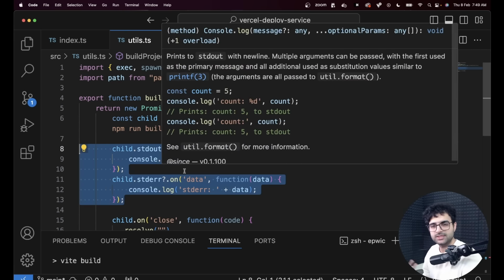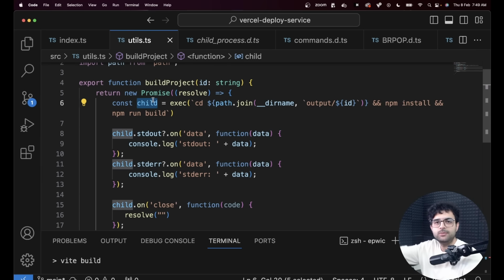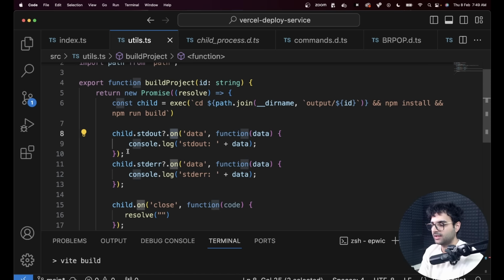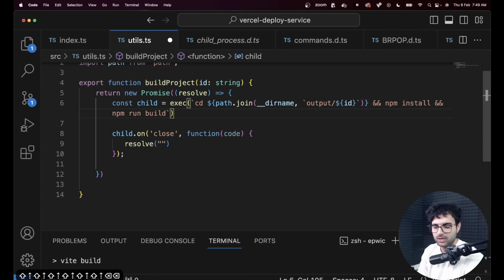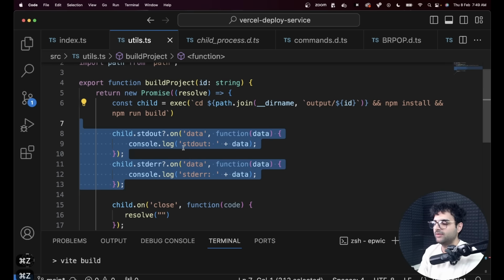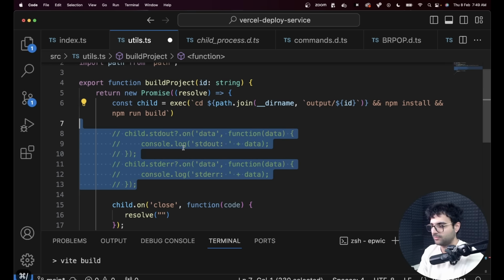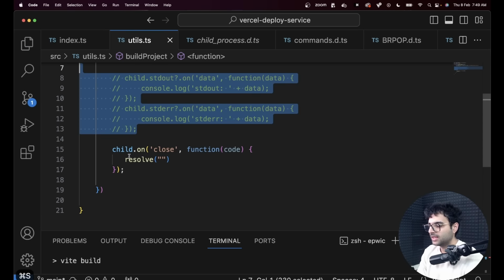This just gives us some extra logs. As this child process is logging something, we log them here as well. child.stdout.on('data'), log it here. stderr.on('data'), log it here. Even if you remove this, it will totally 100% work, but it's good to have it if you want to see the logs. This is how I was able to debug whether or not it's working. But if I comment it out, it's fine. The more important thing is